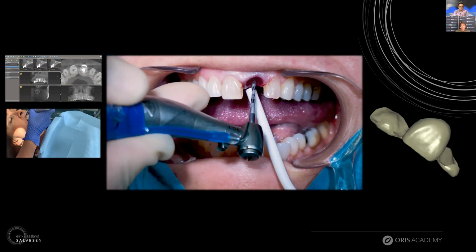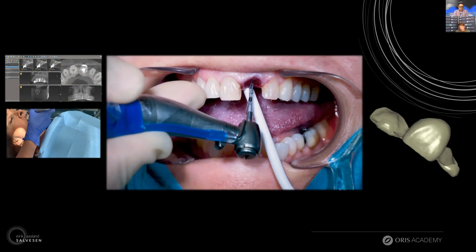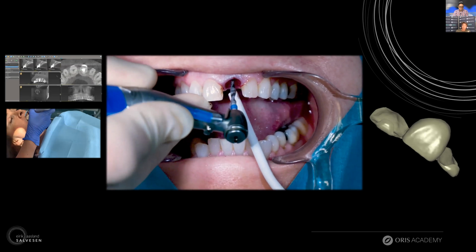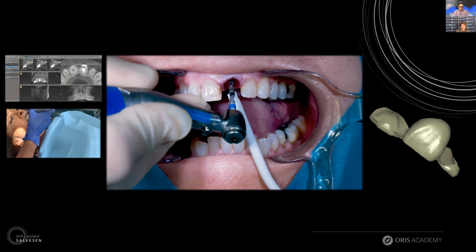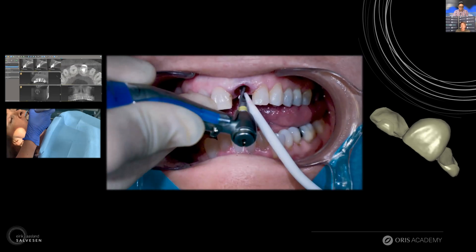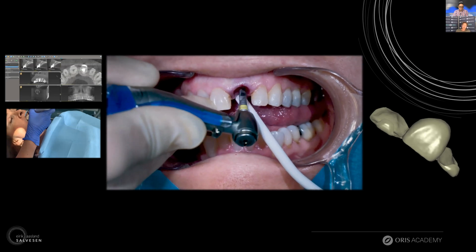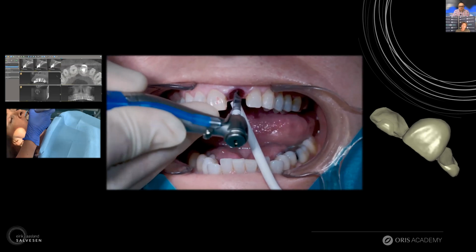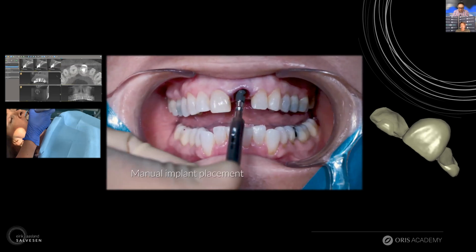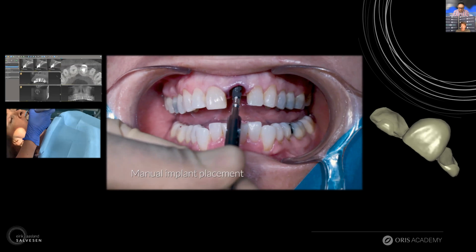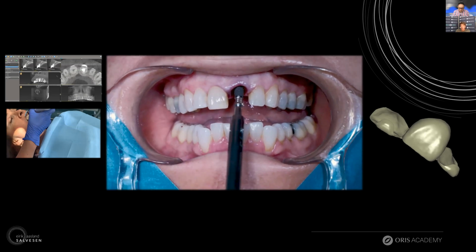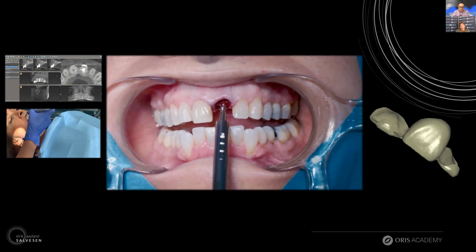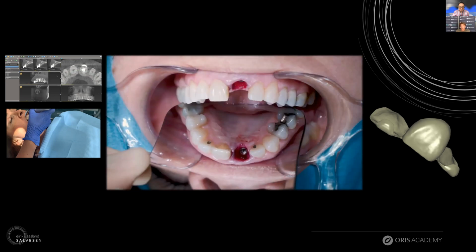And then we're doing what we call the pilot drill. The needle drill goes into the palatal bone, so it goes with the angulation before we go up. And then we're gradually increasing the diameter of the drills. This is 2.2. This is the Straumann BLX system, but you can see the colors of the Straumann. So yellow is 2.8. And we are finalizing this case with a 3.2 millimeter osteotomy, as white. And you see now the implant being inserted with a manual screwdriver, what we call a surgical screwdriver, because then we're able to insert and really hit that part of the osteotomy that we have on the palatal. And we can just